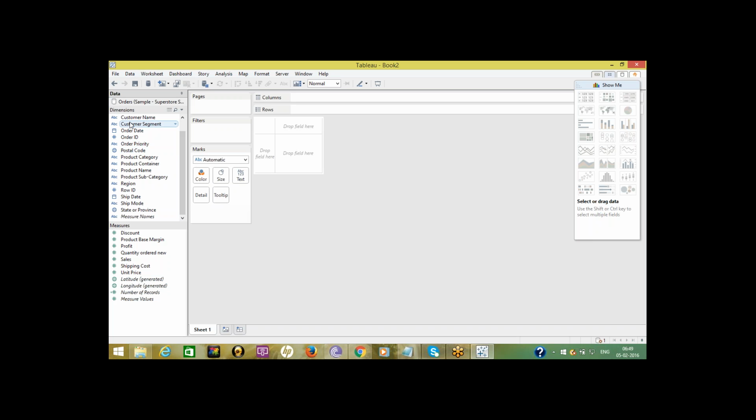For example, customer name contains textual values, and order date contains dates. The measure section contains columns containing information related to numerical values, for example sales, profit, quantity, revenue, like that.